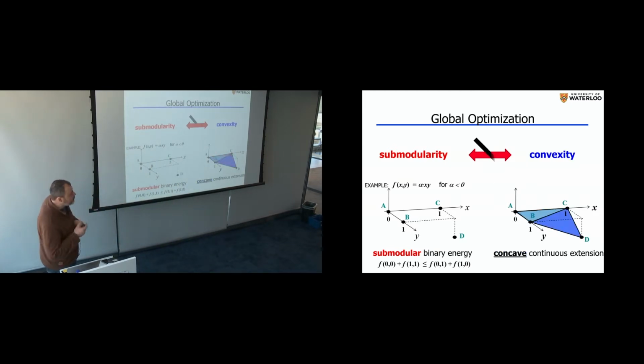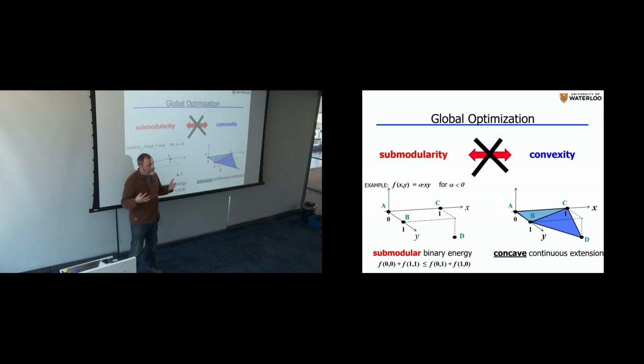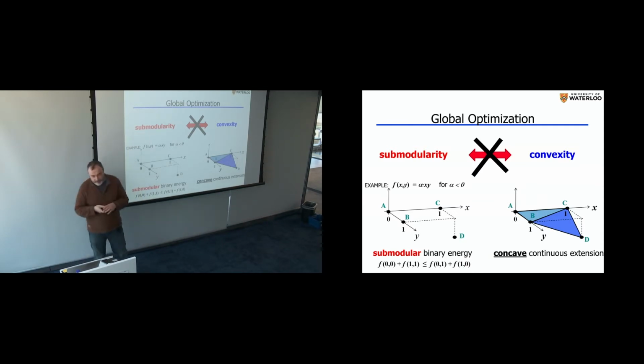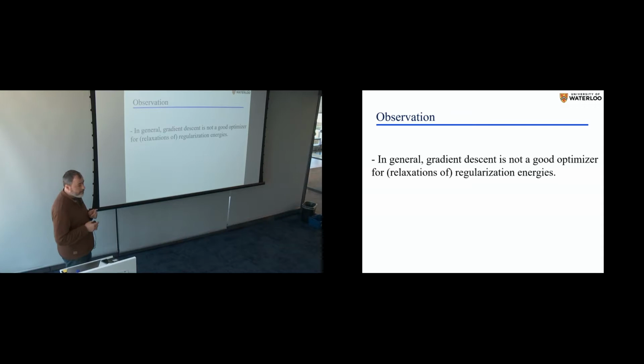But it's actually easier to show that there is also a concave extension. It just doesn't matter, you can extend it either way. The message is that they're not exactly the same thing, even though they're intuitively related, at least from the point of view of optimization. The take-home message is that if you are going to use your discrete regularizers as loss functions in the relaxed setting in neural networks, for example, you may want to care about how you relax them, because there we use gradient descent to optimize. If you relax it in a bad way, it may not be good for gradient descent. So how you relax those regularizers may matter from the point of view of optimization.